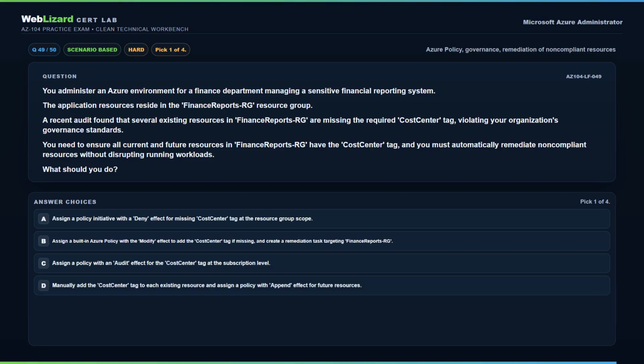Question 49. Pick one of four. You administer an Azure environment for a finance department managing a sensitive financial reporting system. The application resources reside in the Finance Reports RG resource group. A recent audit found that several existing resources in Finance Reports RG are missing the required cost center tag, violating